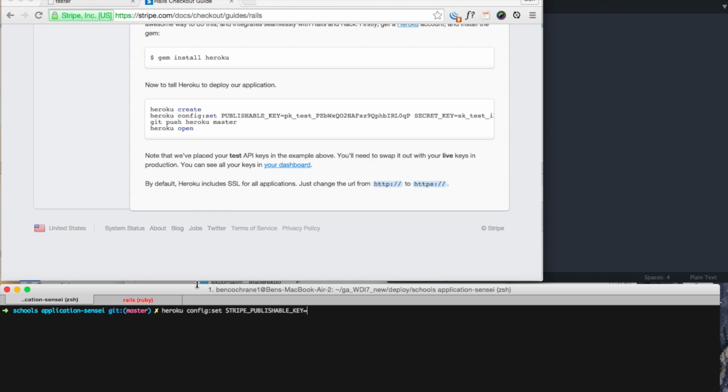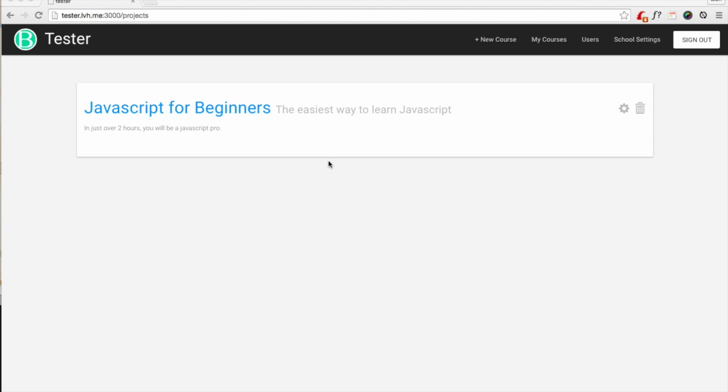In addition, you can also see that there's a secret key. All we'd need to do there is have Stripe secret key and add in your Stripe secret key as well. Hit enter for that, and that will allow Heroku to understand the publishable keys that you've got stored locally as well for Stripe. So that's how we're able to use the Stripe API to be able to take subscription payments using the